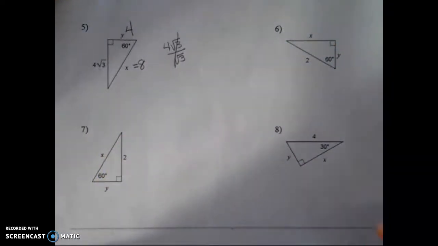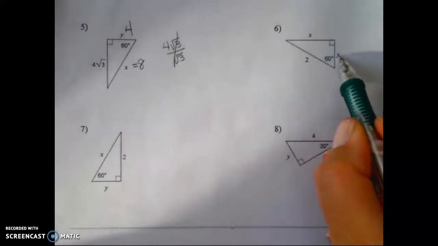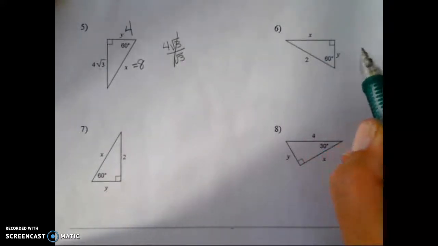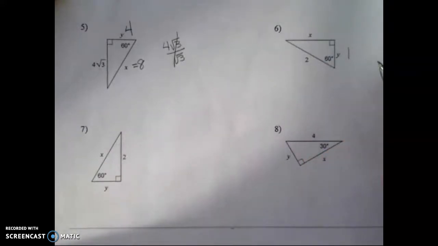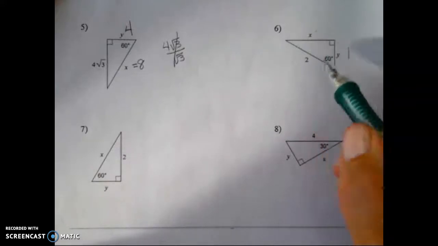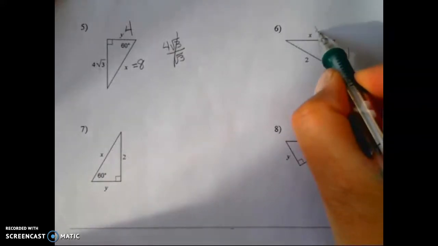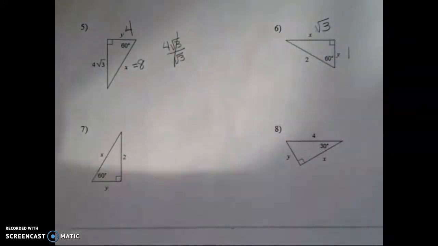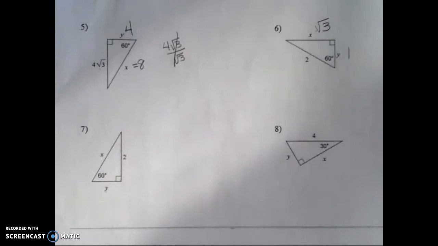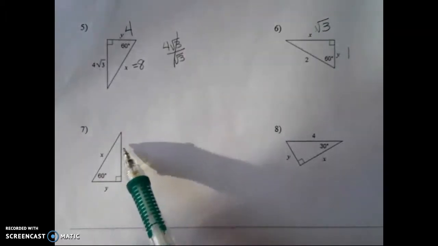Here's another. Hypotenuse to short leg, divide by 2. 2 divided by 2 is 1. Short leg to long leg, you multiply by root 3. That gets me 1 root 3. For number 7, long leg to